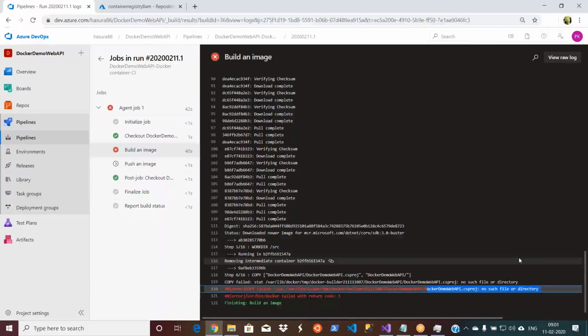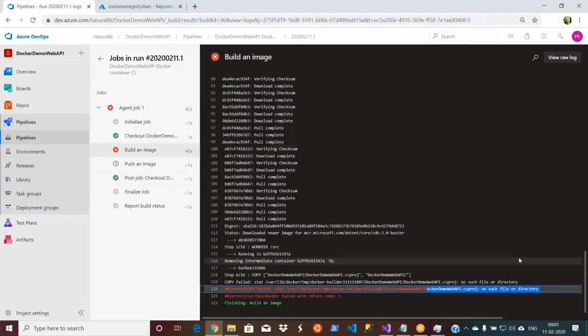The reason is we gave a fixed path. So your build is not able to identify it, because this build is happening on some temporary machine, right? In my case, when I run this application from my laptop, it runs from C:users and then some folder. But when this is copied to some virtual machine for building it, it may not be on C:users. It can be somewhere else. That's the reason it is not able to identify it.